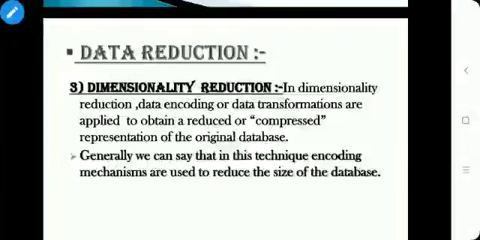Next data reduction technique is dimensionality reduction. In dimensionality reduction, data encoding or data transformation are applied to obtain a reduced, compressed representation of the original database. In this compressed representation, if we are rebuilding the original data without loss, then that is called lossless